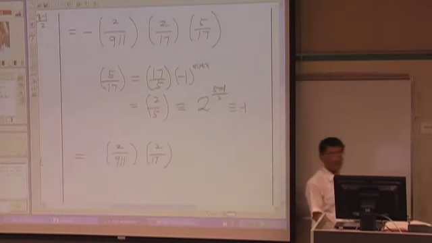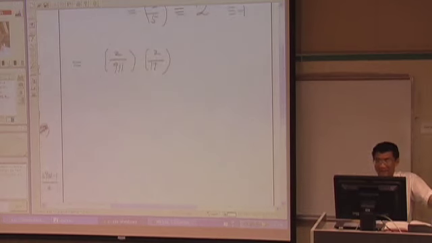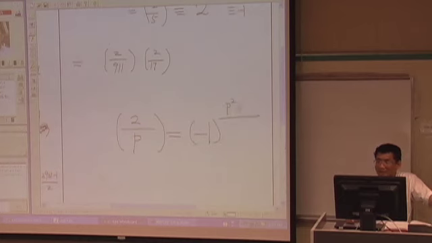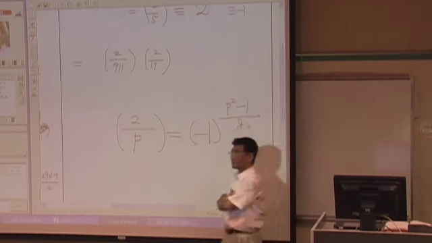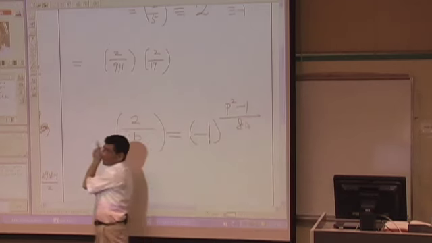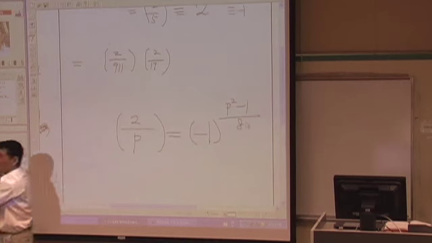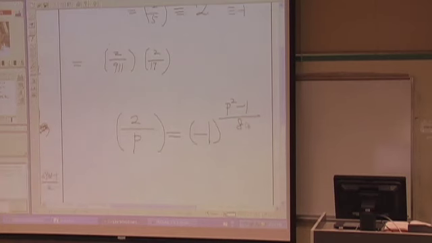In fact, generally, 2 over p is equal to negative 1 to the power of (p squared minus 1) over 8. This is the case that we will prove very soon. With this, we can calculate 2 over 911 and 2 over 17, the Legendre symbols,